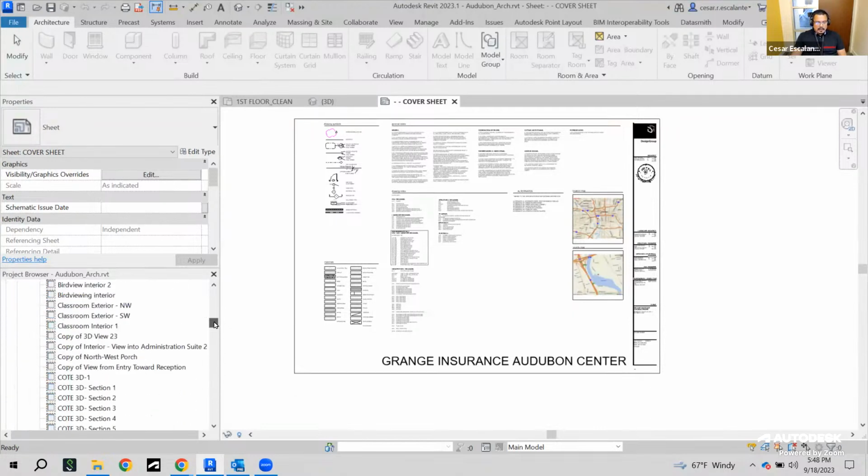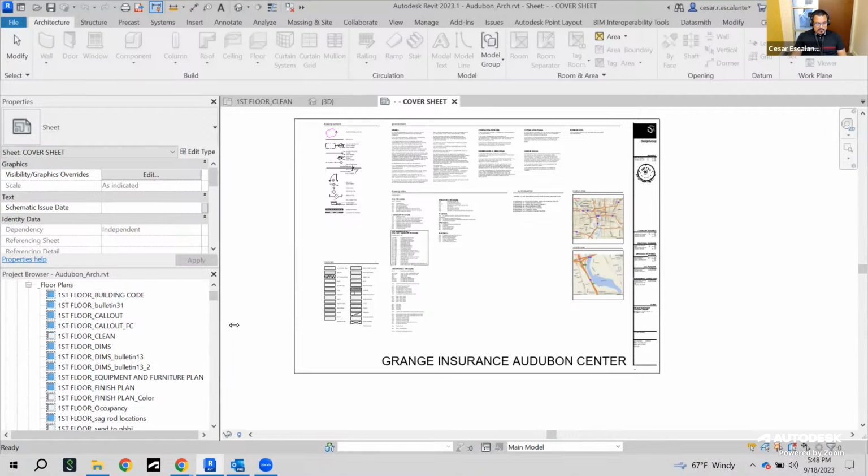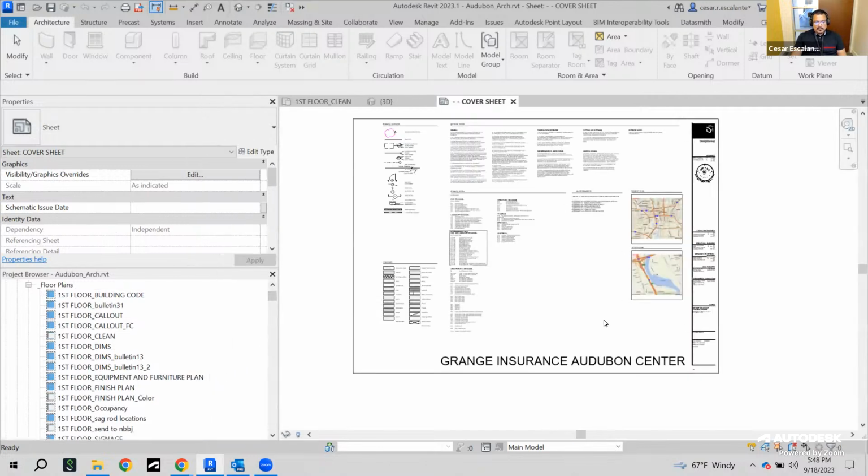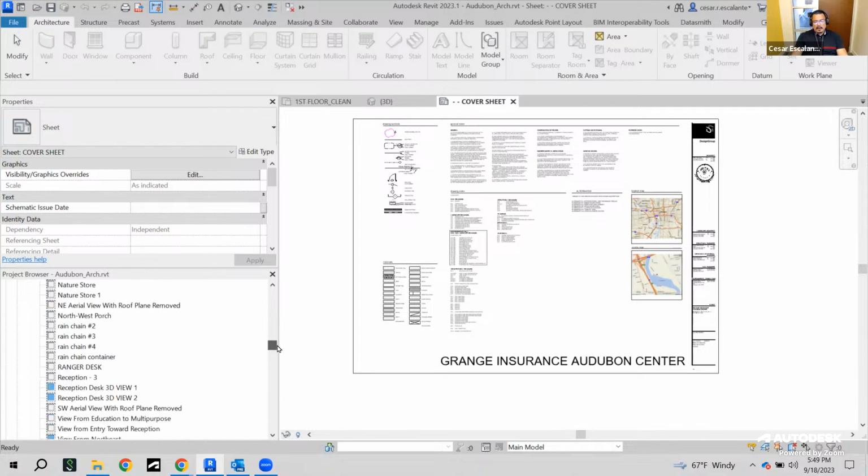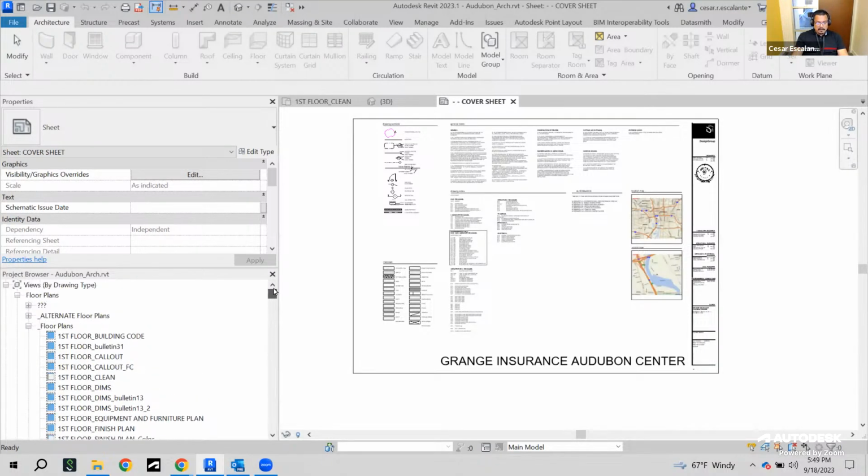To understand a little bit how the documentation works, we have sheets. Sheets are populated with notes, annotations, and two-dimensional details. And then we place on top of the sheet views that display sections of the model. So you place plan views, details, sections, and elevations. In the project browser, starting in Revit 2023,